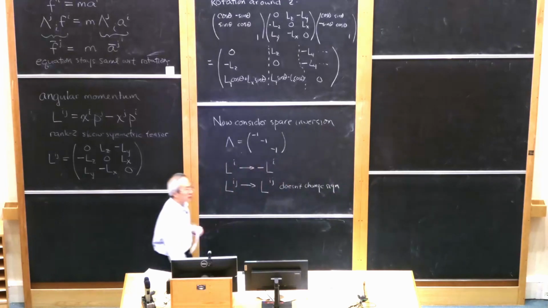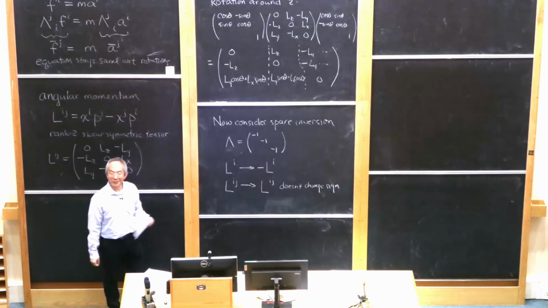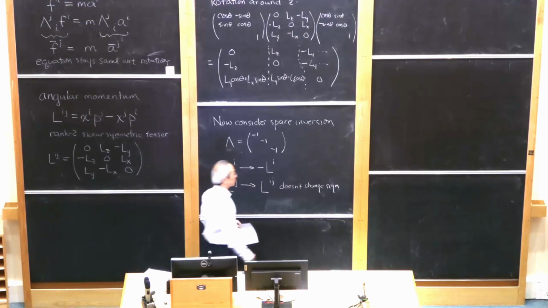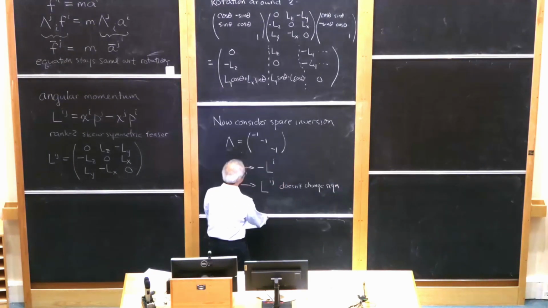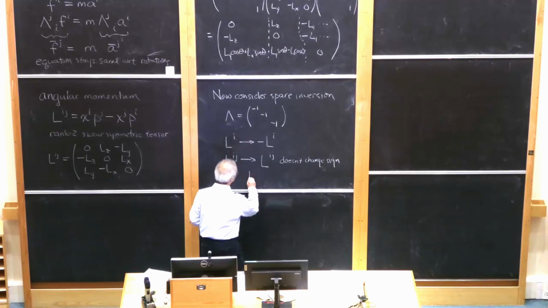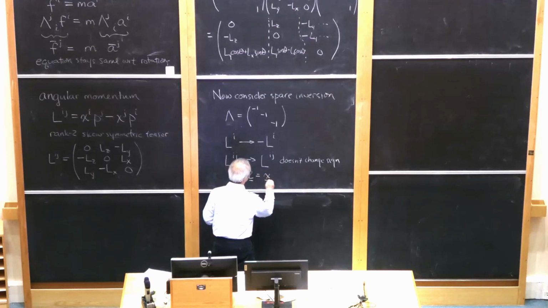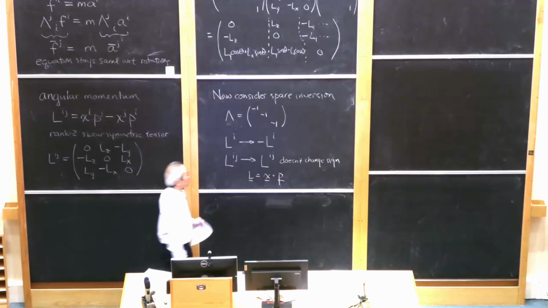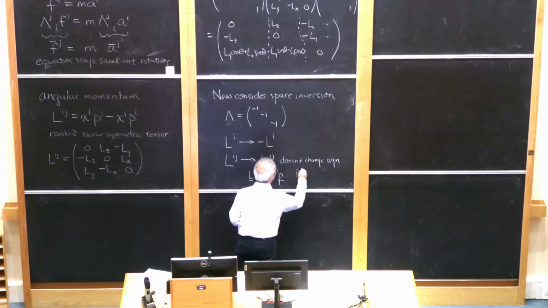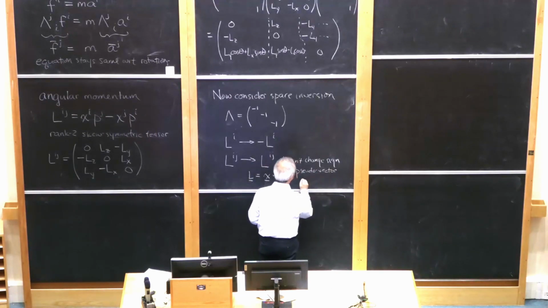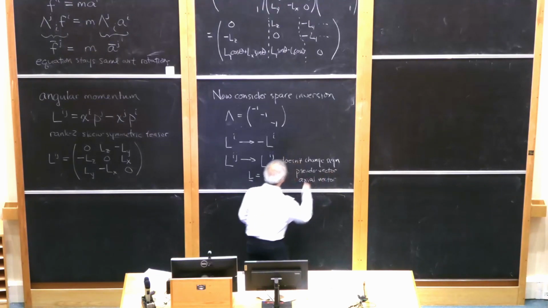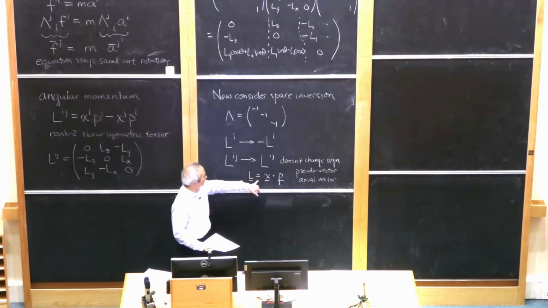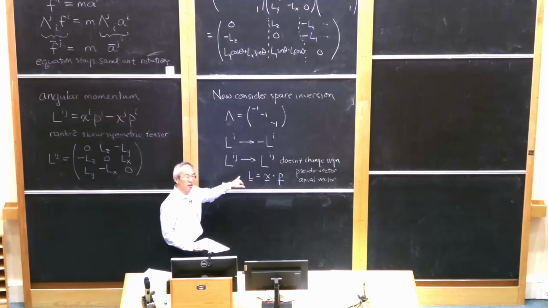Okay, now which one is correct? Right? It's actually this guy. This is the guy. If you go back and think about what that original definition meant, x cross p, this thing is not supposed to change sign. It is in fact what we call a pseudovector, sometimes called an axial vector. Okay. And the thing is that when you do space inversion, this does not change sign, unlike a regular